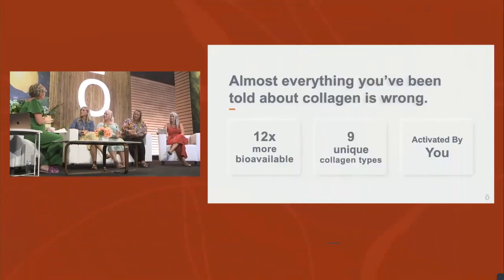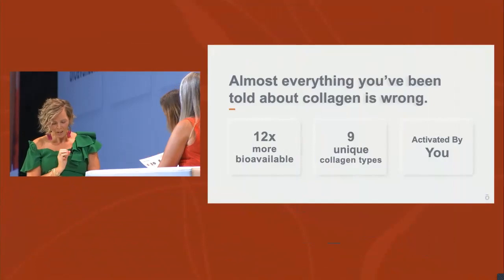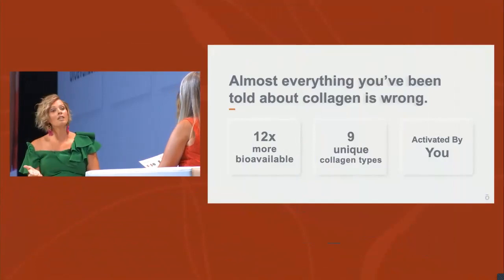So how many of you already take a collagen supplement? Have you guys taken one now or tried one before? Dabbled? Yeah, I was a dabbler, I get it. Okay, so a lot of what you've maybe read about or heard about the best collagen available is probably just good marketing. doTERRA doesn't spend a lot of money on marketing. We spend our money on sourcing the best, most pure ingredients, as well as the best science to make sure that those ingredients are the best we can give you.